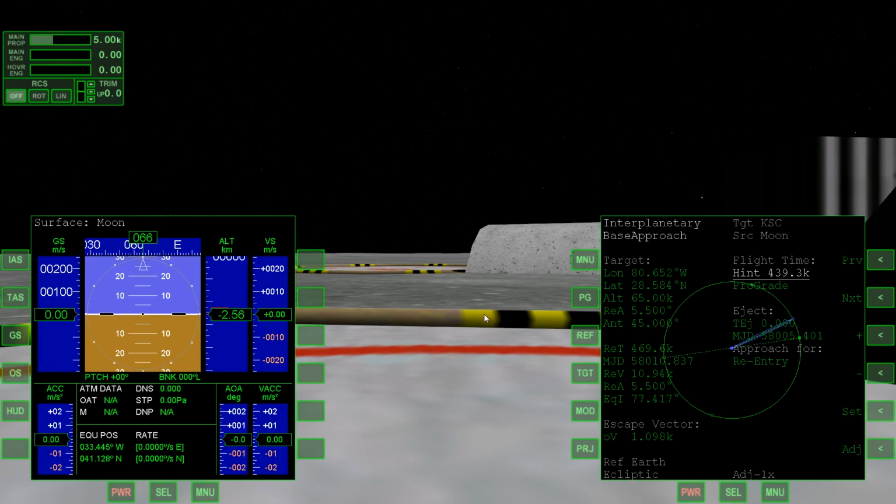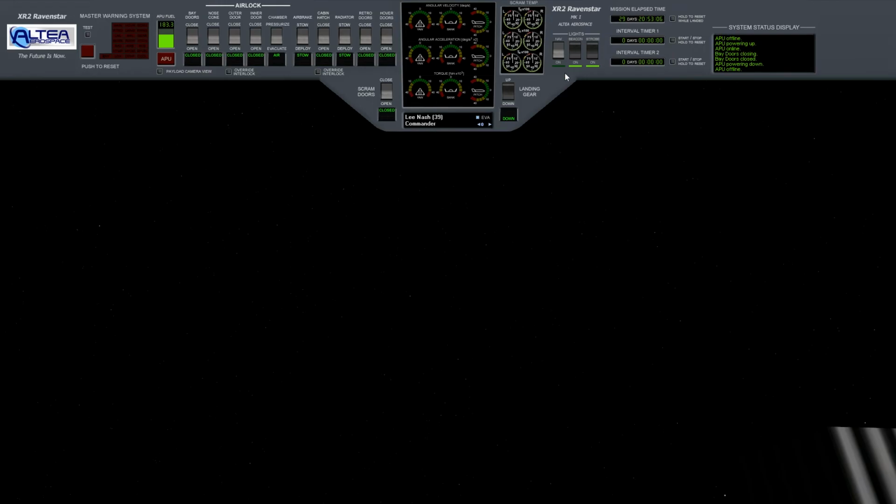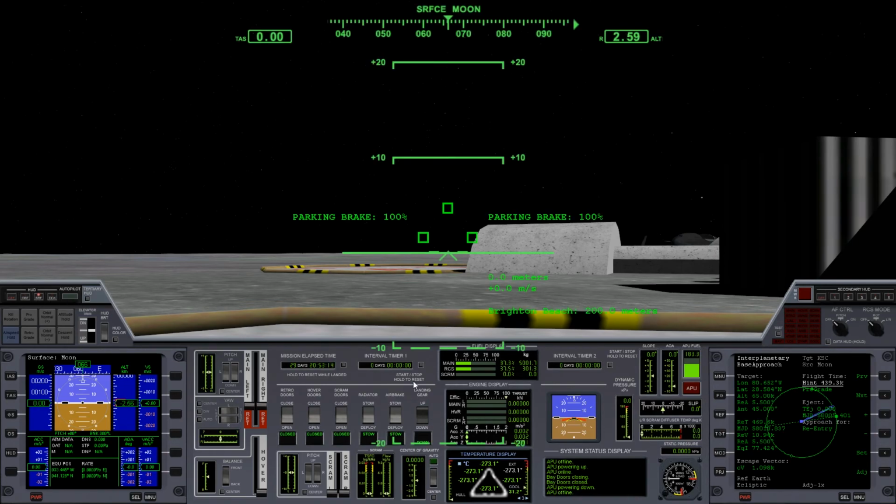So now what we need to do is just go ahead and get off the ground and get into a parking orbit. So let's get the vessel set up, turn on strobe and beacon. Okay, so let's turn on the surface HUD. And let's switch over to the surface launch program. And we need to make sure that's slaved to the base approach. Op mode is on base approach. We'll press projection. You can see our launch heading there is about 69 degrees. So we're almost facing our launch heading. We just need to rotate to the right a little bit.